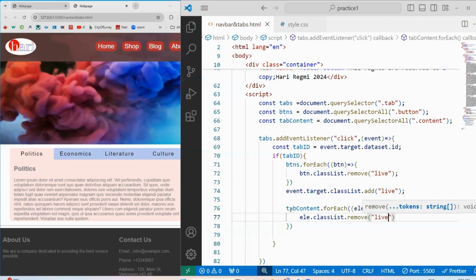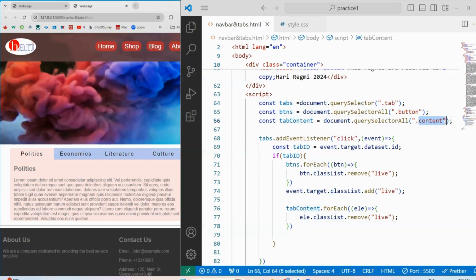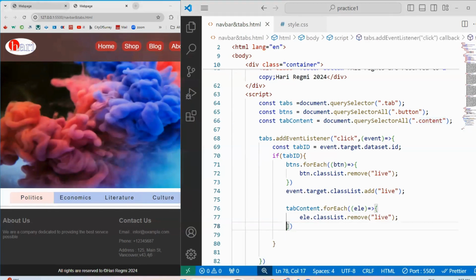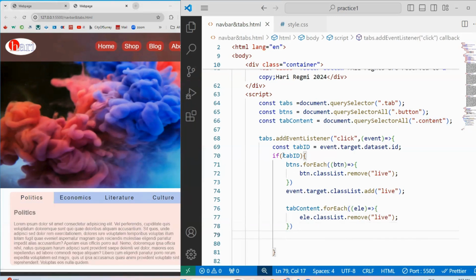Okay, what should it remove? It should remove the live class from all the tab content, from all the content. Okay, now there's nothing. There's no live class, so it's not showing anything. Now, when it removes all live classes from those 4 contents, it comes out of 8, and let's take this value,